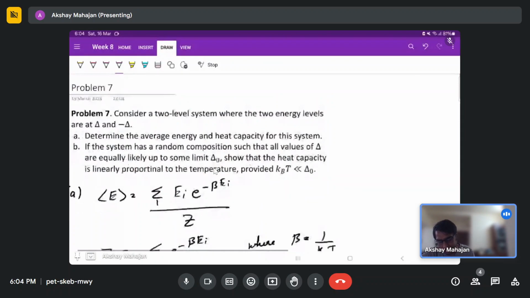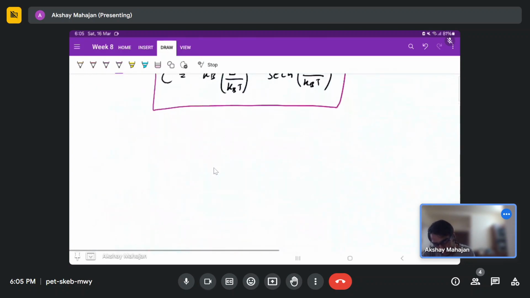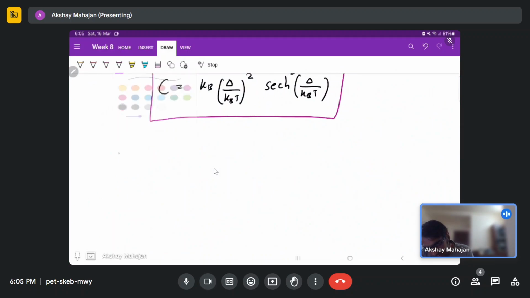Now the B part: if the system has a random composition such that all values of delta are equally likely up to some limit delta naught, show that the heat capacity is linearly proportional to the temperature provided kBT is much less than delta naught. Okay, so now the probability